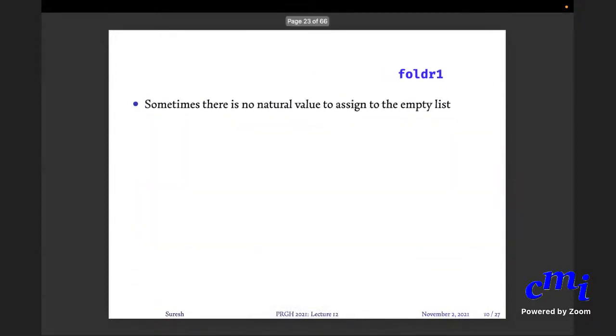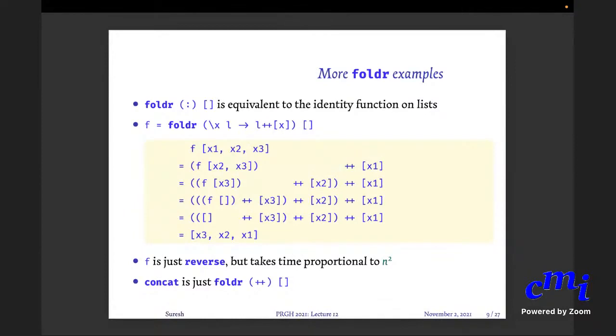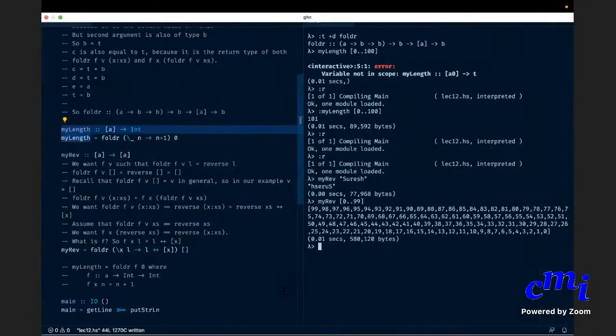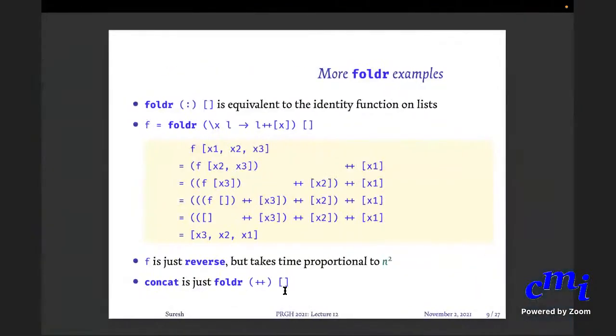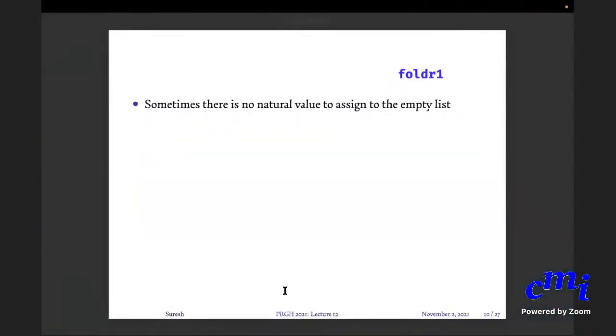So will this be left associative or right associative? This one. Will what be left associative? This f1. And then the previous example, the foldl changes. What do you mean by left associative? Like first the empty list is being added to the xs. Yeah, because foldr does it that way only, no? Foldr always does it that way. It will always go from the right. Yes, sir. Okay. So right.